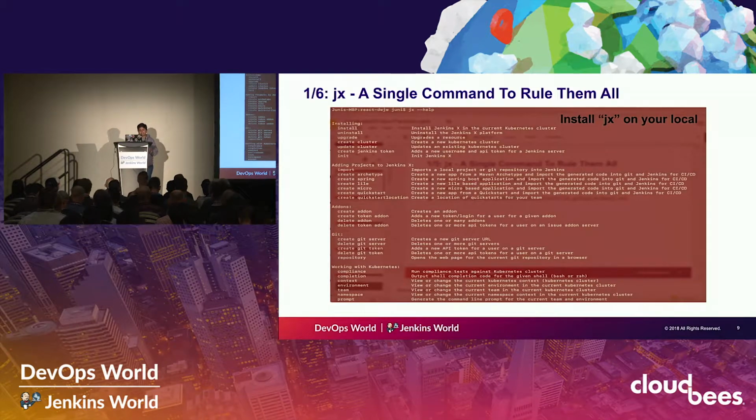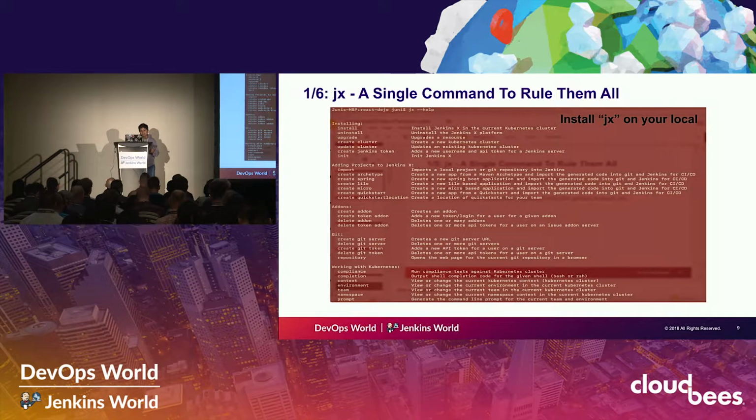And JX is basically the powerhouse behind Jenkins X. It's a very simple, lightweight tool. It seems like it would be a big deal, but it wasn't. When I installed it, I could pretty much get started. You can go to help and see all the things that we will do. Most importantly, I think, let's point out